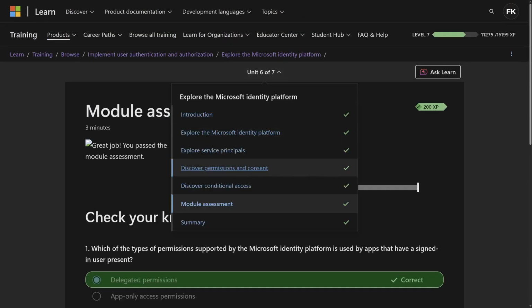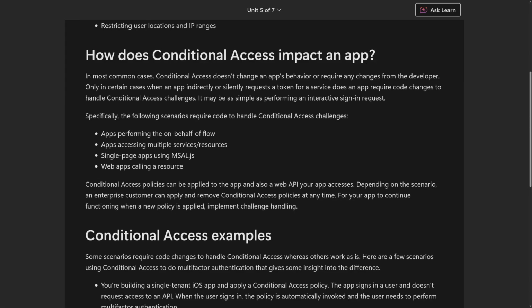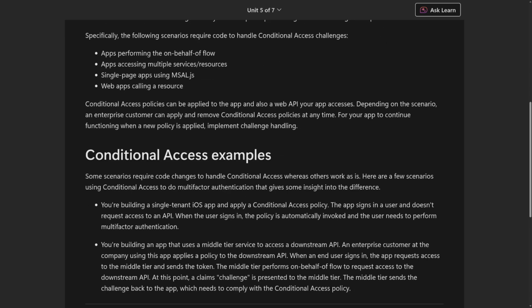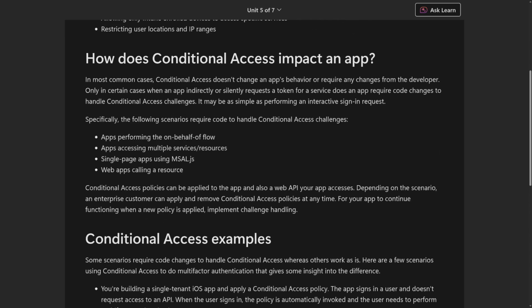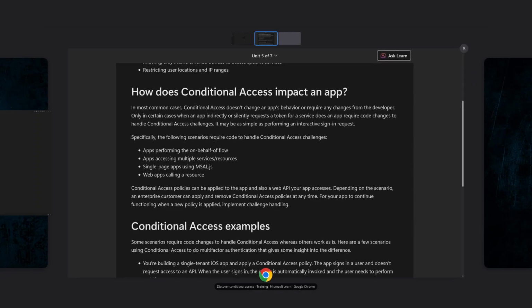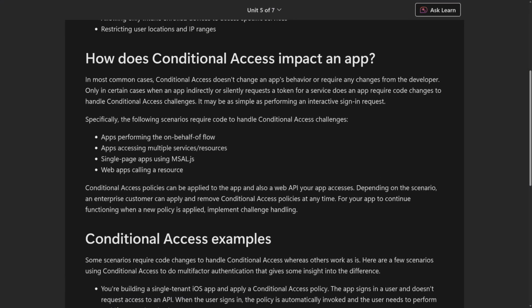Yeah, I couldn't understand exactly this part, I think. Apps performing on-behalf-of flow. Apps accessing multiple service resources. Single page apps using MSAL.js. No, I'm gonna try more. I'm gonna read more, but yeah, let's continue later with